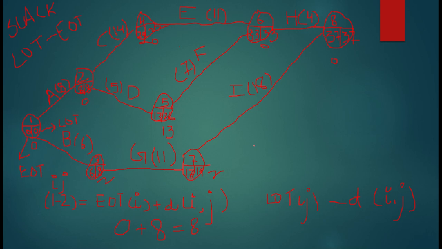So when we connect all the critical activities, like I'll just show you, 1 to 2, 2 to 4, 4 to 6 and 6 to 8, right? So these are the activities which are critical. And when we connect all the critical activities, it becomes our critical path. Okay, critical path. I'm writing it as CP, that is critical path. So this is the critical path of this network, right?